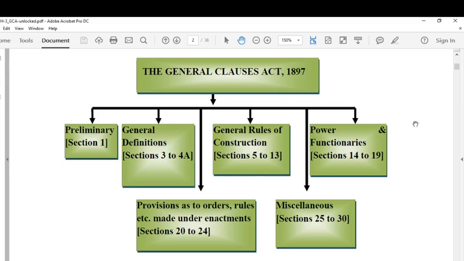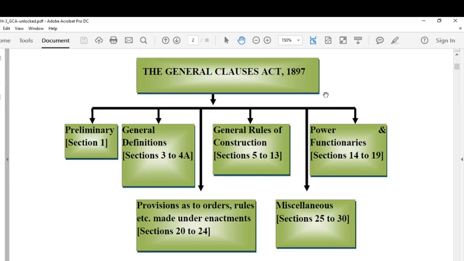So, today we will be going to the third chapter in Module 2, that is General Clauses Act 1897. This General Clauses Act gives some definitions, and these definitions will be applicable to all the central government enactments that are made in the parliament. Whatever the enactments that are made in the parliament and regulations made thereof by the central government through parliament